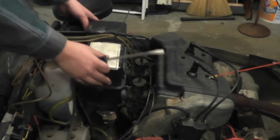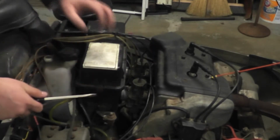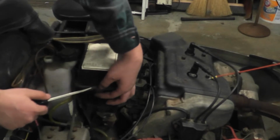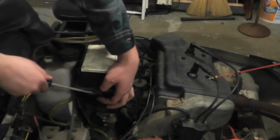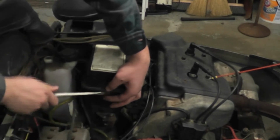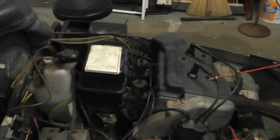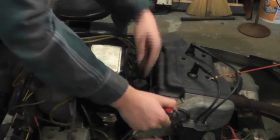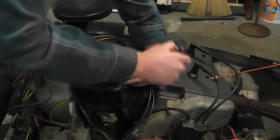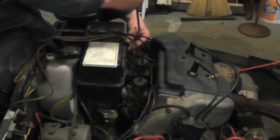filter. Now, what you can do is you're going to take your flat blade screwdriver and take off the clamps on the side of the air filter. This may take a little while. And the clamps look like that. Now, there's other clamps that go on the side of the air filter, and you just take them off, and then